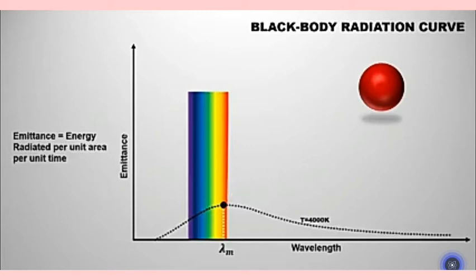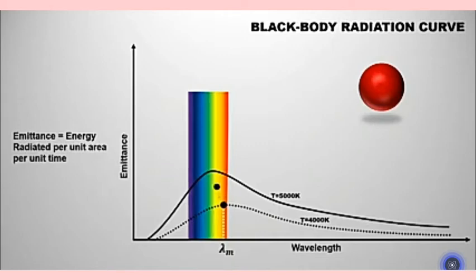Now if the temperature of the black body increases to 5000 Kelvin and we draw the radiation curve, this curve is also similar to the previous one. The only difference is that with increasing temperature, the dominating wavelength is displaced toward the left side, that is, toward the shorter wavelength. Here the curve has displaced in both horizontal and vertical directions. In this video we will focus only on horizontal displacement. At this temperature the color corresponding to the dominating wavelength is green,